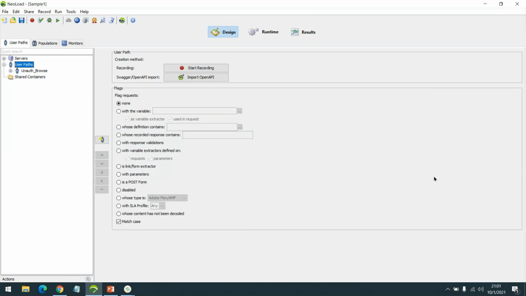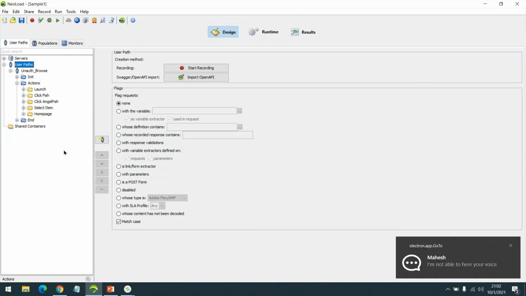So, hello all, welcome back for another session on performance testing using Neoload. We will take a quick recap of what we had done in the previous session. We had just started with the session and we discussed the unauthenticated workflow. There are ideally two types of workflows. One is unauthenticated and another one is authenticated. In the last session, we looked at the unauthenticated workflow.